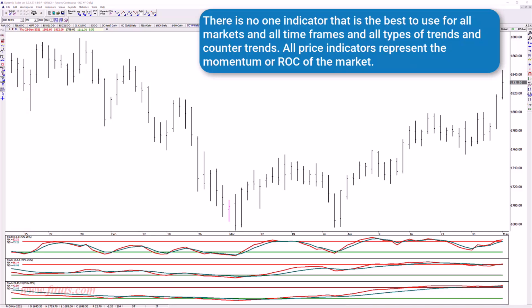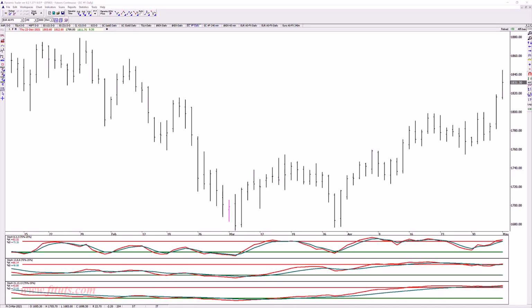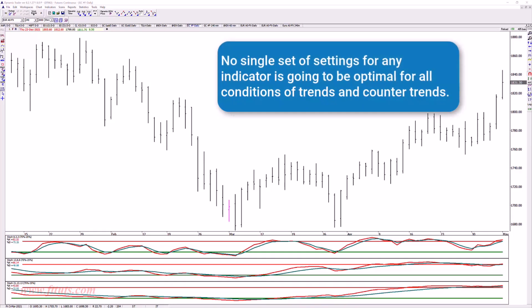So once again, if you're already familiar with, for instance, the stochastic or the RSI or the MACD or CCI or whatever indicator, use that indicator and we'll look at it logically and how we would use it with a pattern and price relationships to help identify reversals of momentum trends and cycles as well as price trends and cycles. And then the second thing to stress is there is no one set of settings for any indicator